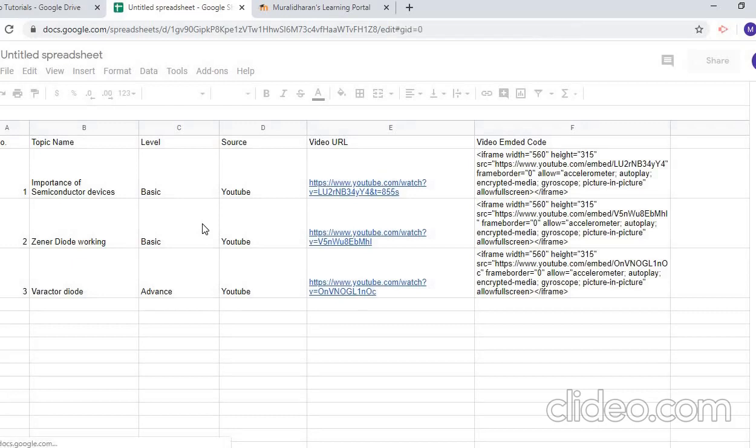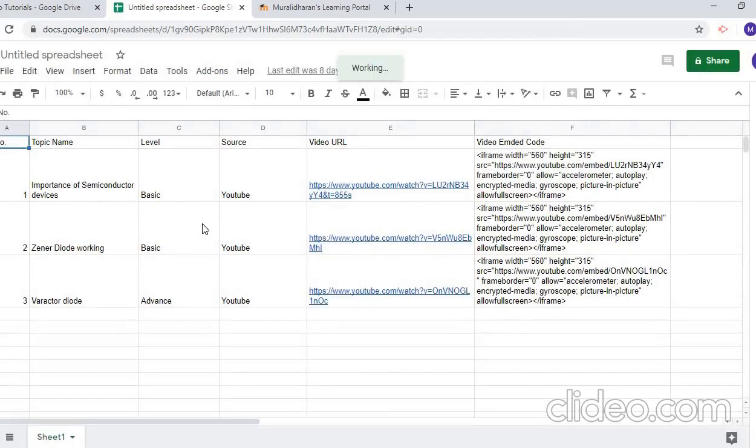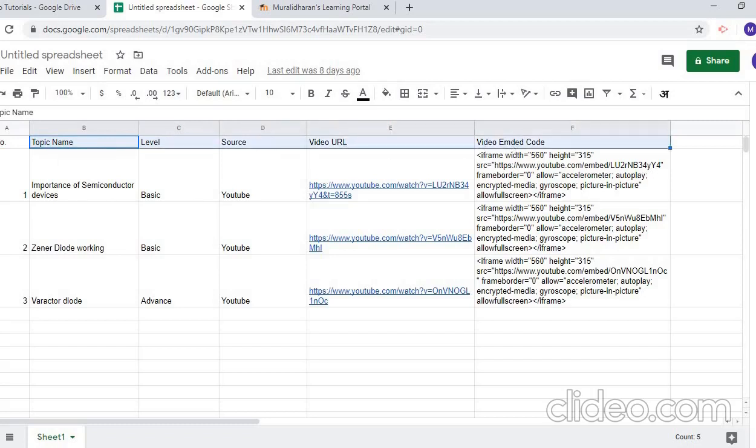An Excel file will be opened there, and here are the titles you have to give to create a course in this. I have given serial number, topic name, level, source, video URL, and video embed code. In the topic name, according to the course plan, I have chosen the first topic, the introduction topic, importance of semiconductor.